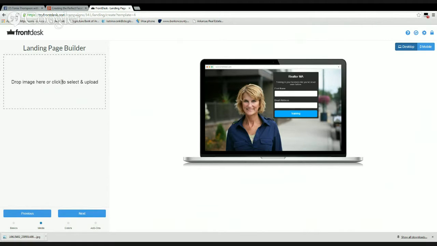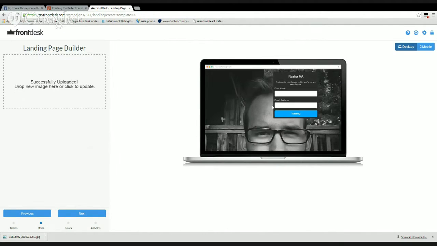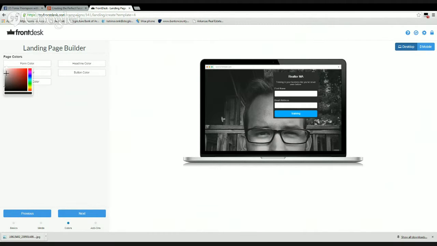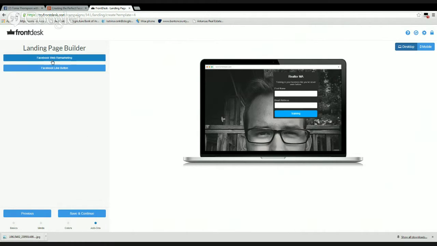You have the opportunity, obviously, to click on an image. I'll drop that in there, just to get something in there. And I can change the color of all of these things and really build this landing page like I want to get it built up. Now, Facebook web remarketing, that is